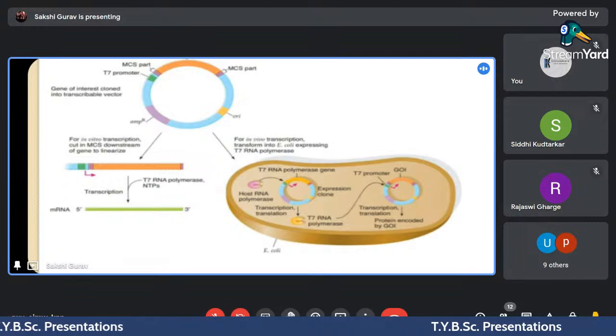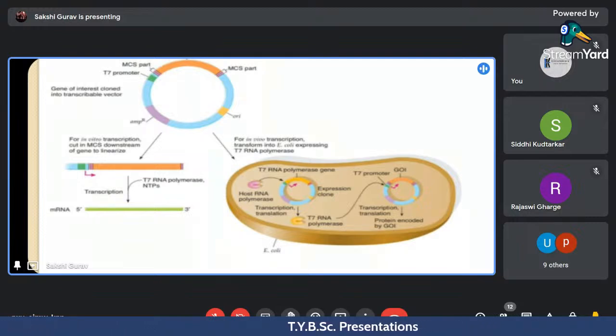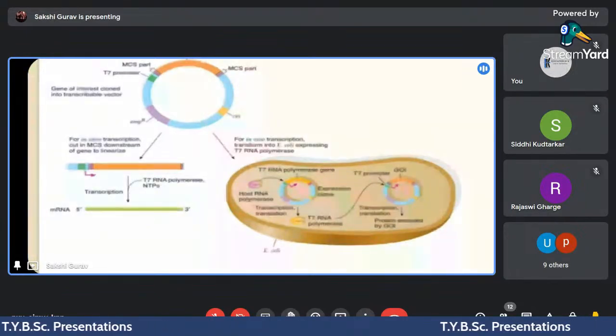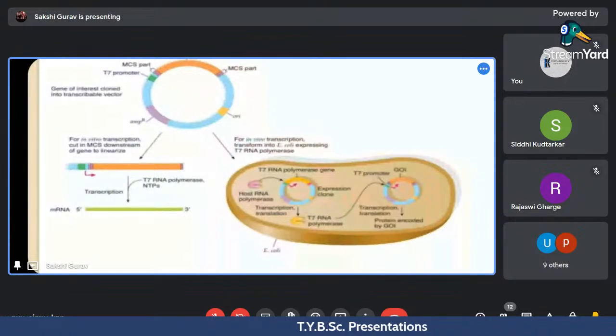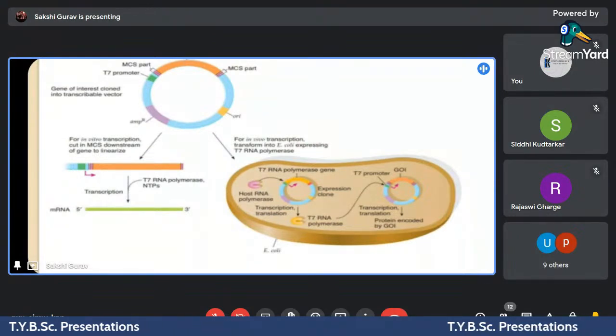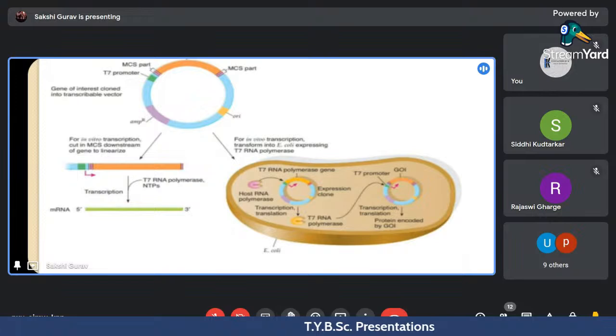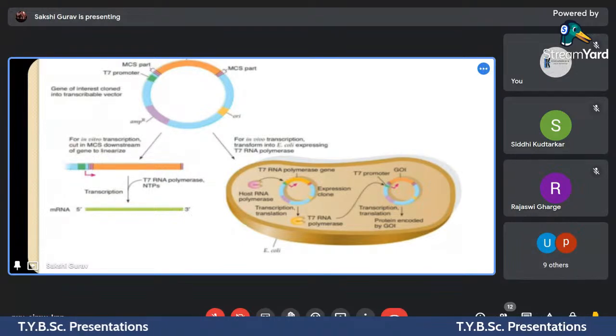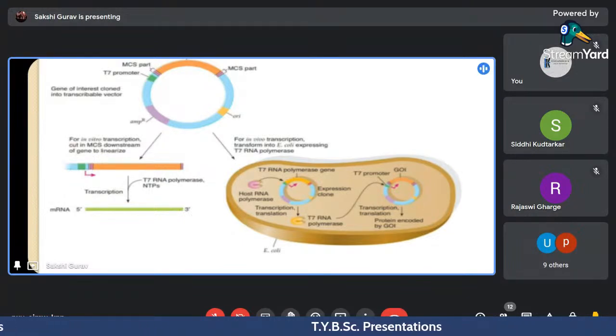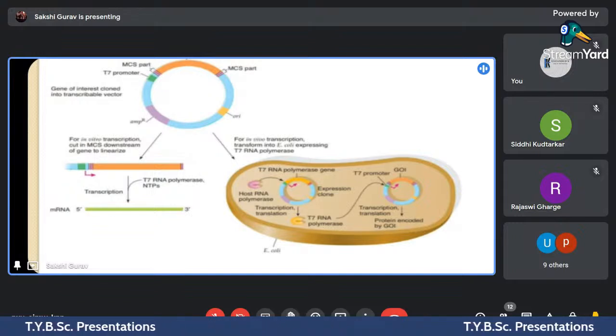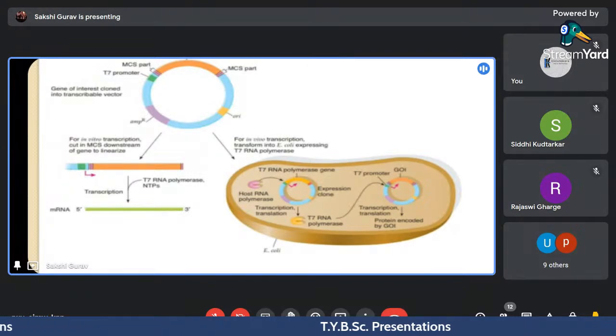And how is this T7 RNA polymerase expressed? The host RNA polymerase will transcribe this T7 RNA polymerase gene, and on transcription and translation, the T7 RNA polymerase is expressed in the E. coli, that is, in the host. And now this expressed T7 RNA polymerase will function with the T7 promoter of the host cell, and it will transcribe the gene of interest which we have to express in the